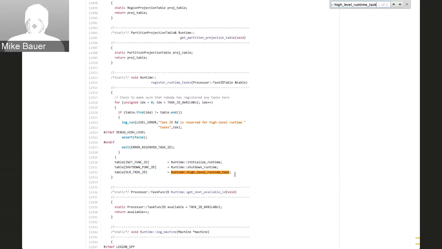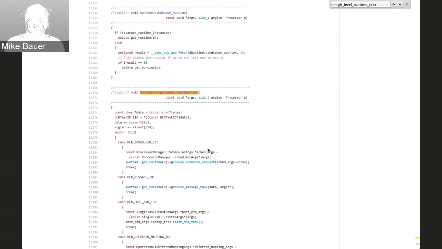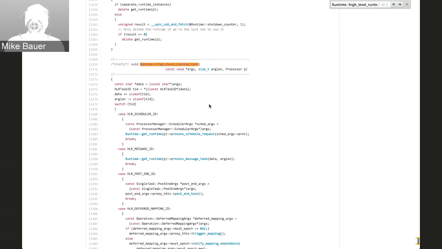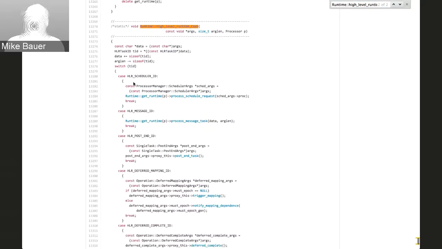For a high-level task, you'll notice it's all the way down here at the bottom of runtime.cc. And notice, it gets all the arguments that a low-level runtime task assumes. It gets a set of arguments, the arg length, and the processor on which it's running. What you'll notice is that this high-level runtime task actually handles a whole bunch of different kinds of tasks for